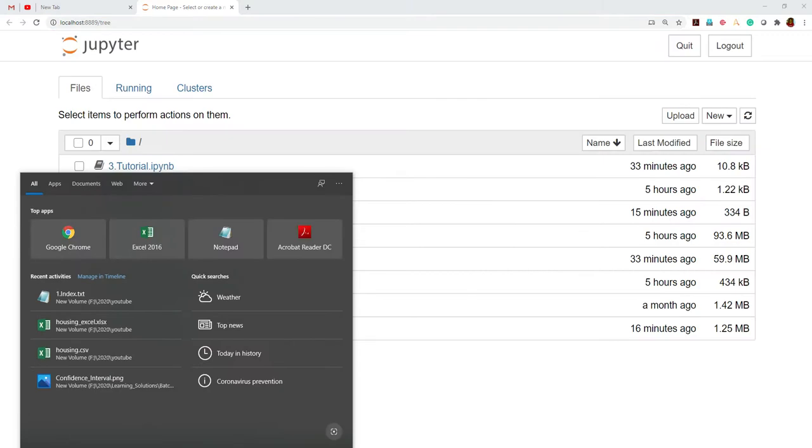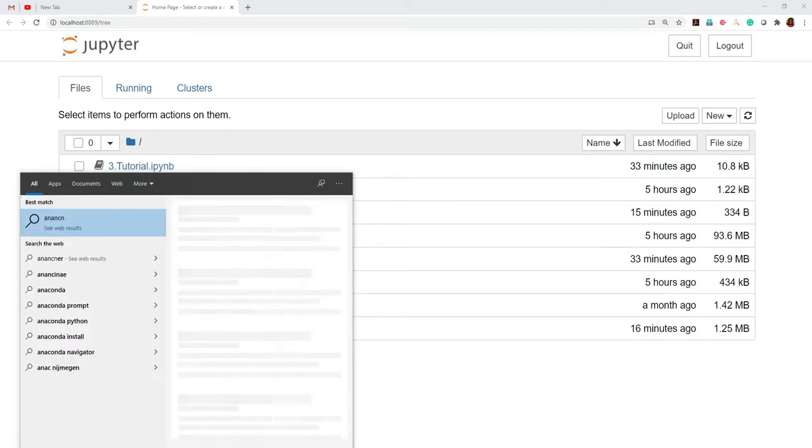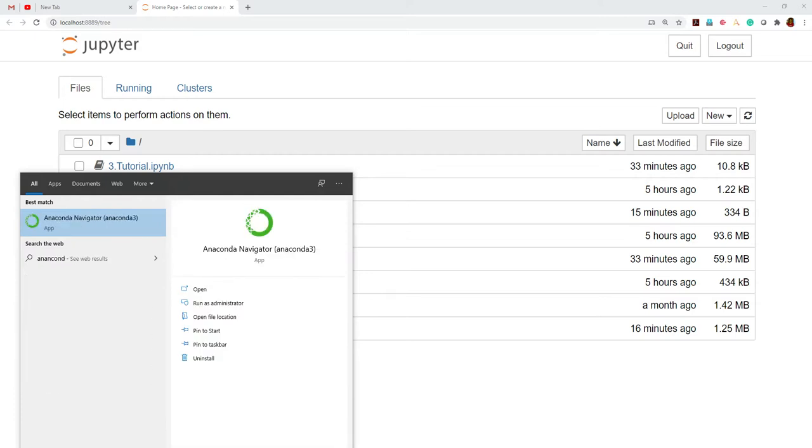If it is installed, you can click on Anaconda Navigator, and the complete Anaconda Navigator will open. Inside it there is a tile for Jupyter Notebook with a launch button. You can click on this launch button and then start working.